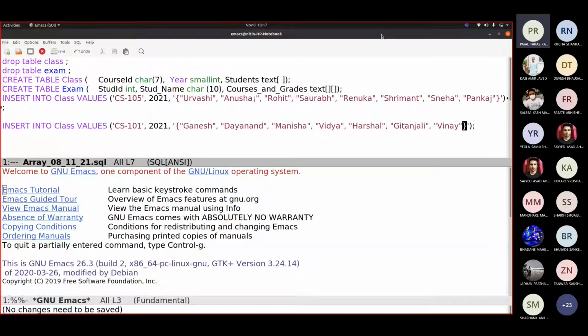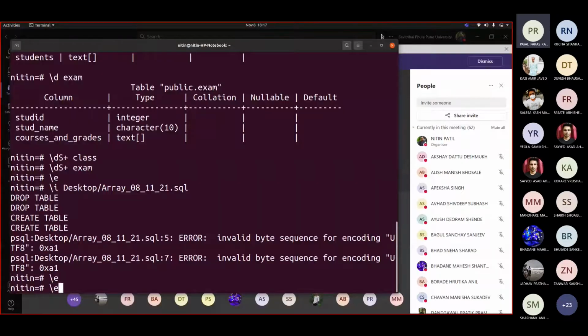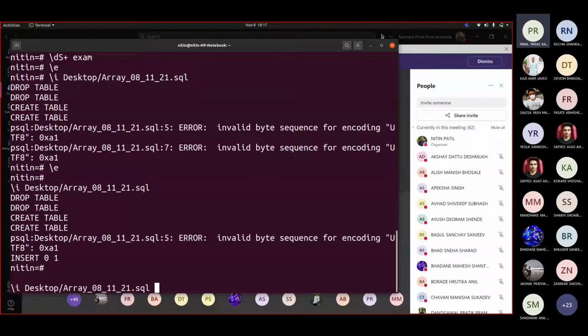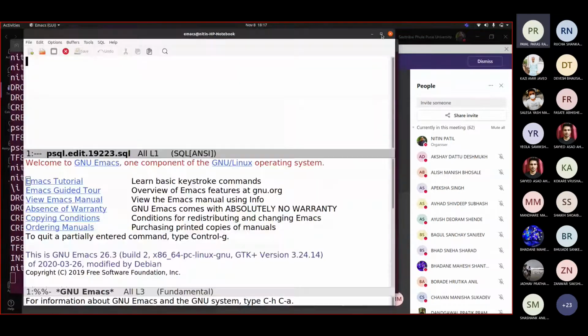Let us save. Let us come out. Let us fire again. Yeah, so still there is one problem in the first row. Okay, so let us go back and check.